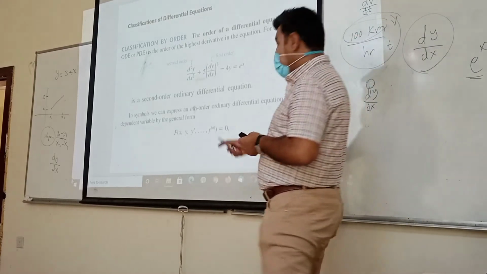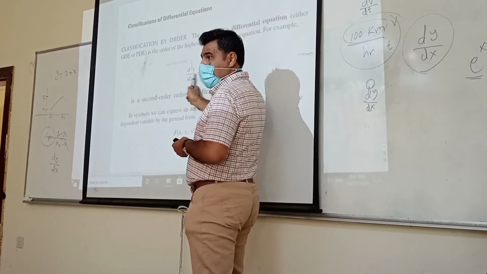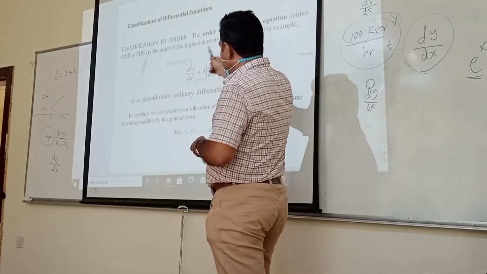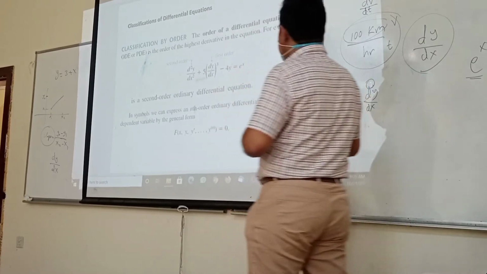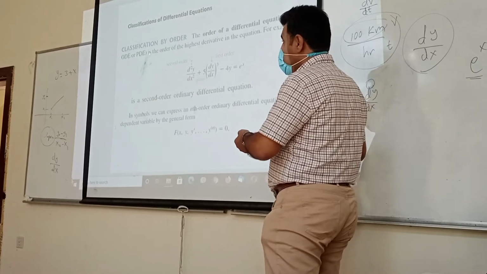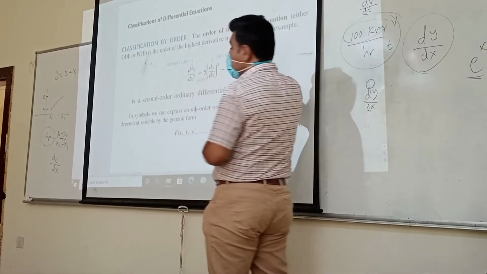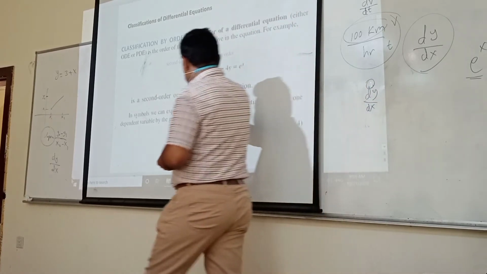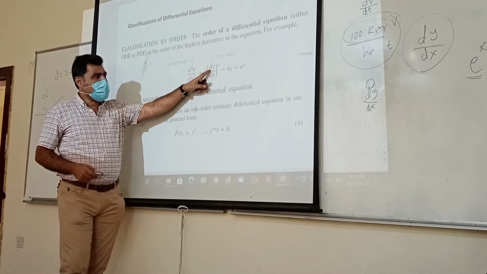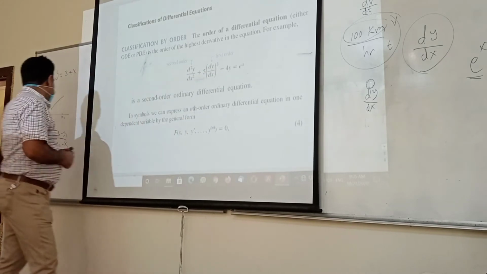But in some cases, you will have more than different things in the same equation. Which one you will consider? In that case, the definition says the order of a differential equation, either ordinary or partial differential equation, is the order of the highest derivative in the equation. Highest derivative. So, this is the second derivative. This one is first. Someone will say, what about this? In this case,